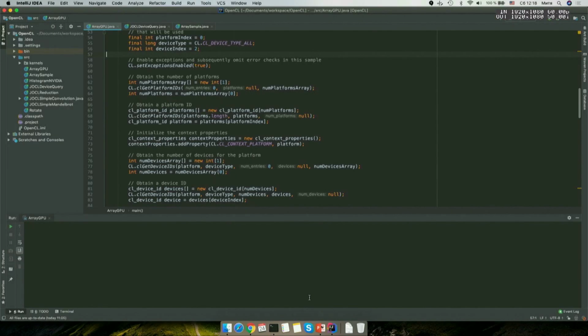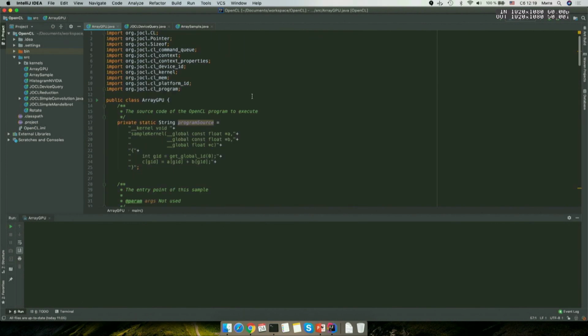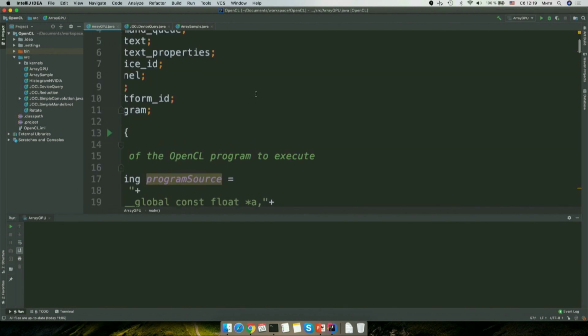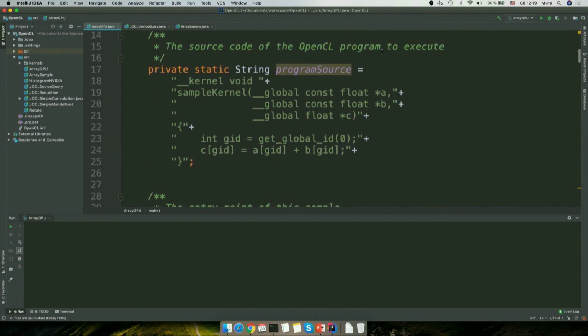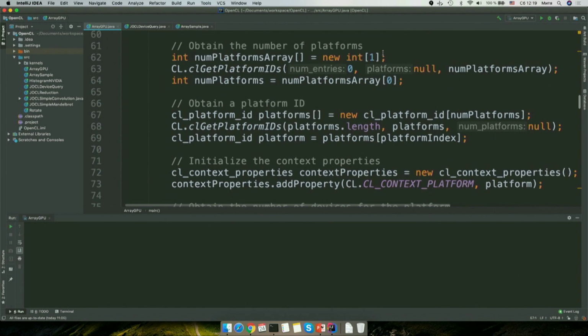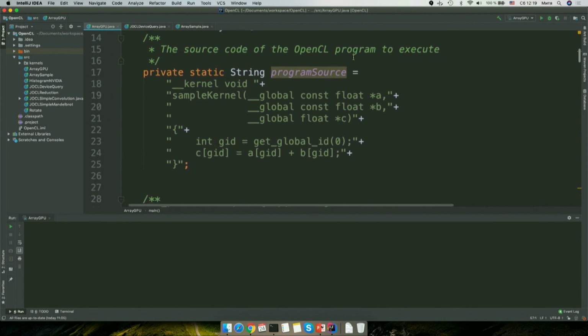Prepare a small program. Let's have a look. Yes, this is the smallest program. I'm not sure if I want to zoom in, but I have to zoom in. The main interesting part here is this. By the way, this is all Java code. I'm in IntelliJ and I'm doing some Java stuff. This is a Java file. But you may see that this looks more like C. So this is the kernel. This is something which will be compiled and sent to the video card.